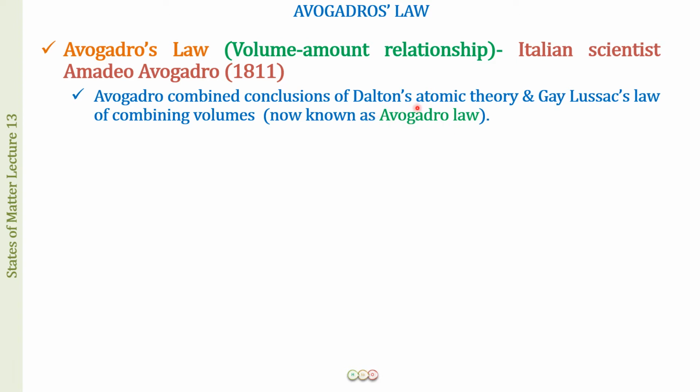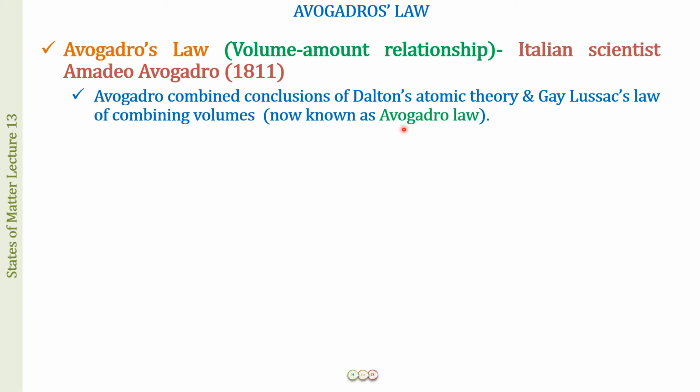Now you've already studied Dalton's atomic theory. You've already studied the Gay-Lussac law of combining volumes while we were doing the course on some basic concepts, when you were learning the laws of chemical combination. In fact, Avogadro's law also you learned at that time. But it is important for us to bring this law back again, because we are studying the gaseous state of matter, and it is very important to have a relationship of the amount of the gas with pressure, temperature and volume, so that we have a thorough understanding of all the four measurable properties of the gases.